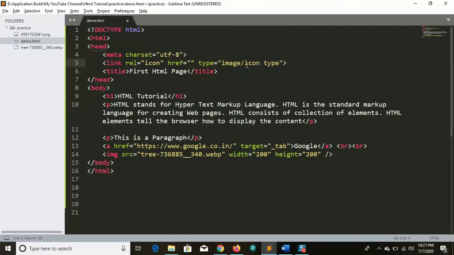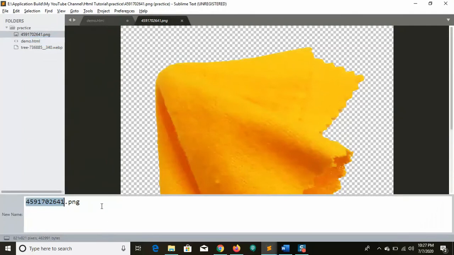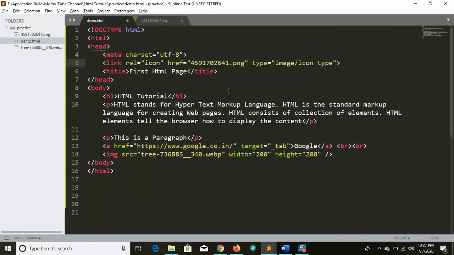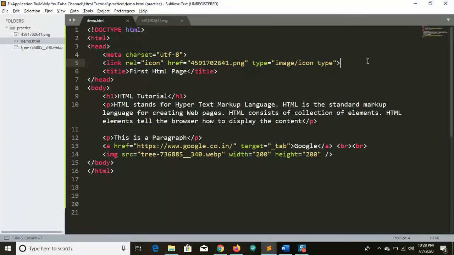So how can we give it? Just right click on this, click on rename. So we'll have this one, right? Copy. We should have the extension also. Escape and go to this. Just paste it and save. So let's see our application. Is it saying anything? Yeah, we got the icon, right? So our application also has an icon. Just as Google has the icon, in the same way we have an icon for our application.